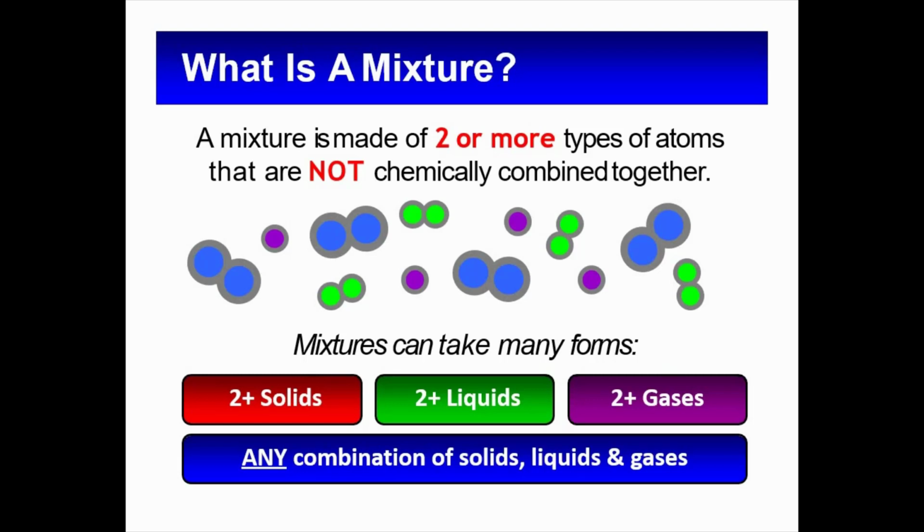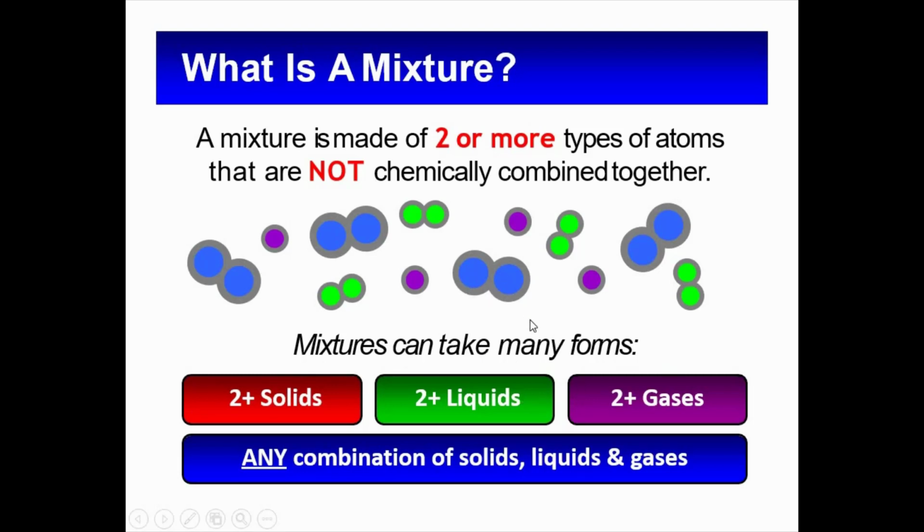So there are two types, as you can see. You can see here an element and an atom. If we mix them together without a chemical bond, there's no chemical bond between this atom and this atom and so on. So this is forming something called a mixture. A mixture could be solids, liquids, or gases, and any combination of solid, liquid, and gases. So I can find a mixture of gases, a mixture of solids, a mixture of liquids,